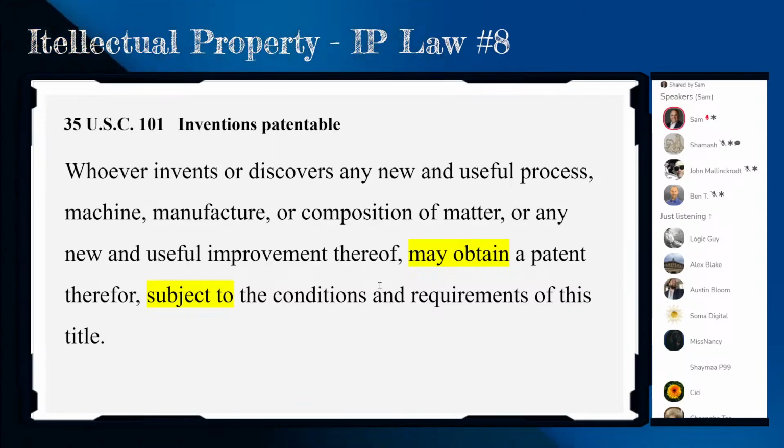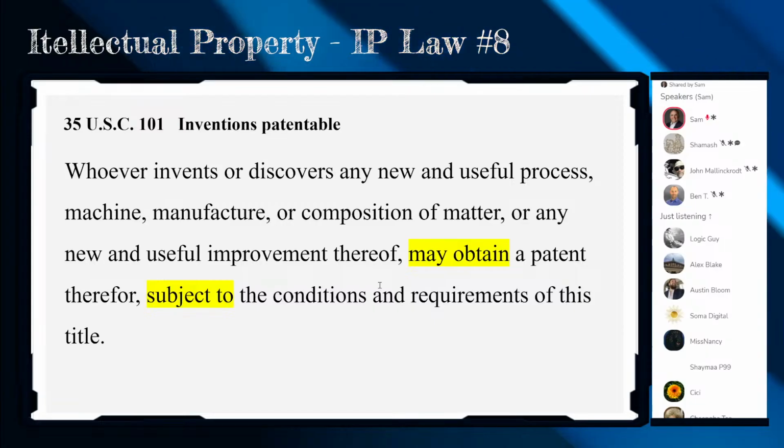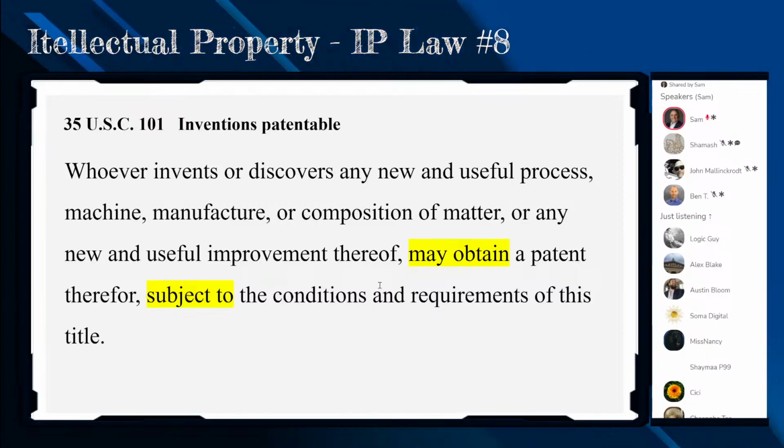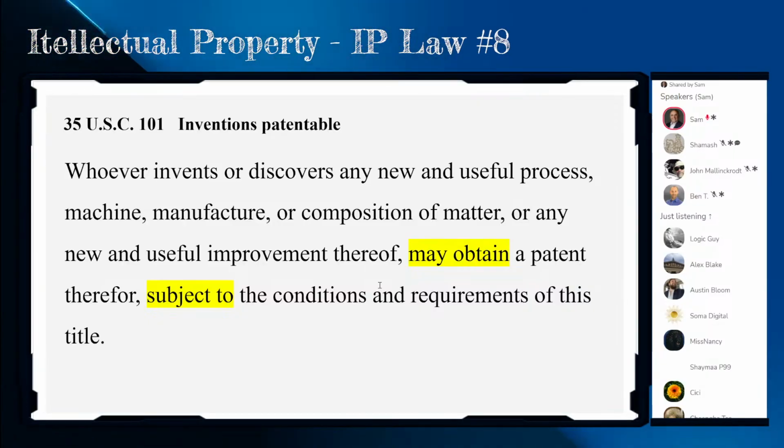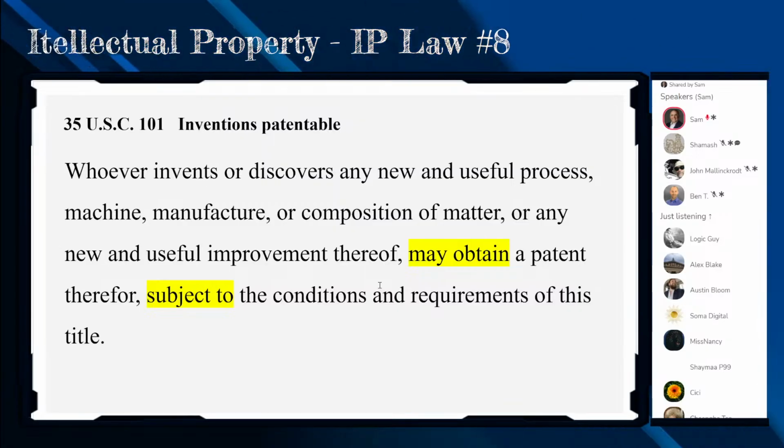This is the first thing that we learned from section 101, that if you do these things, meaning come up with a new and useful process, machine, manufacture, composition of matter, you don't automatically get a patent. You may get a patent subject to the conditions and requirements of this title. So what does that mean? It means that you have to satisfy section 101 first, and then satisfy the other sections of the code